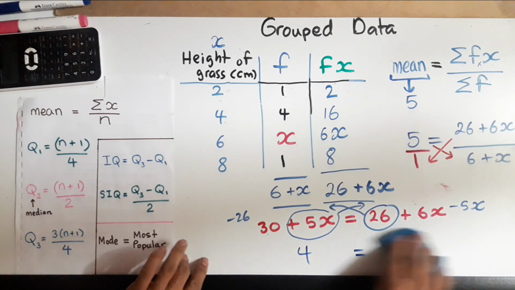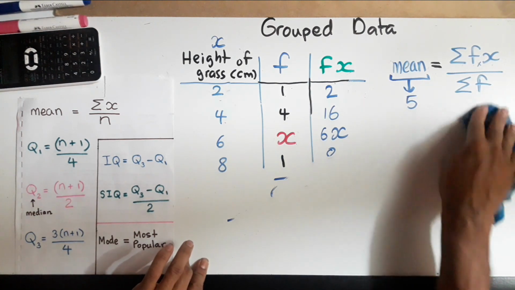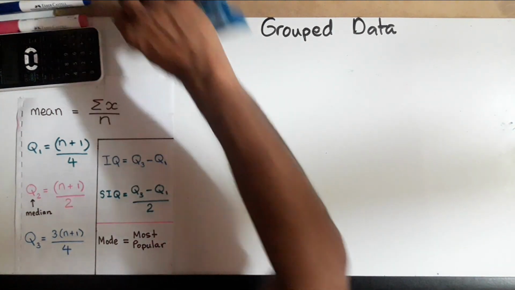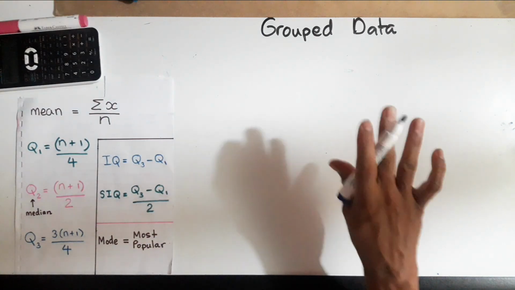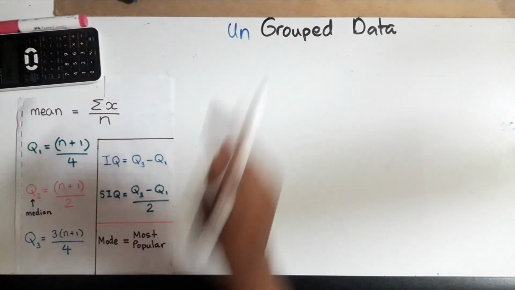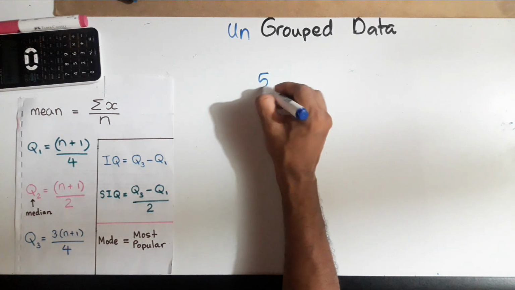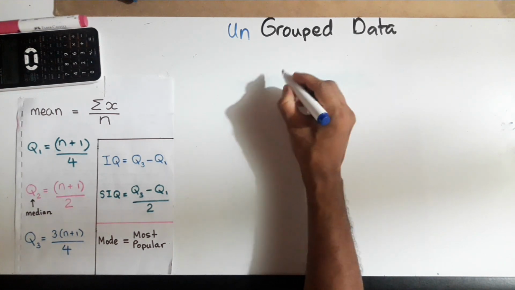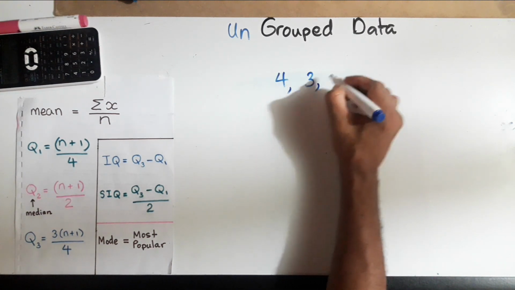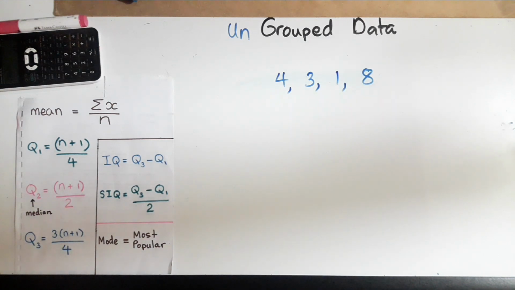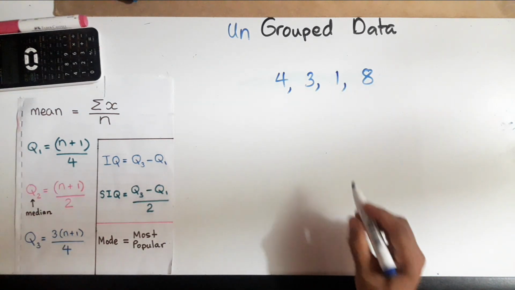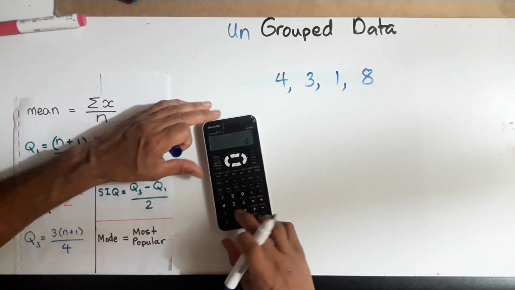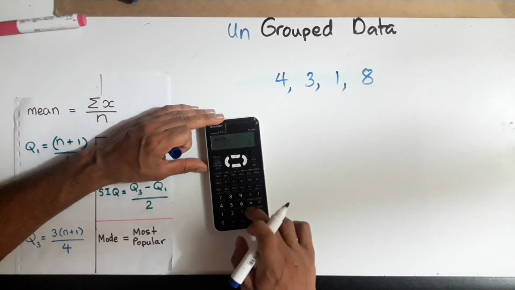Okay. While we're on, I know right now this part of the video is on grouped data, but there's something I missed on ungrouped data I just want to cover here quickly. So for the time being, it's a small ungrouped question. Remember, if I have 4 numbers, 4, 3, 1, and 8, and I ask you to find the mean of these numbers, remember you would just add up all the numbers and divide by how many numbers you have. So 4 plus 3 plus 1 plus 8, right?